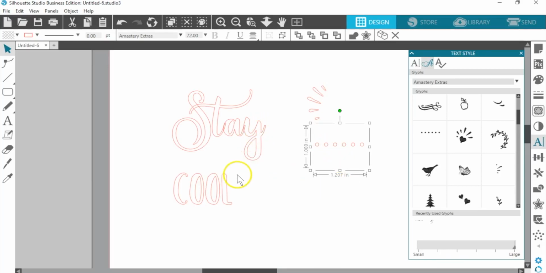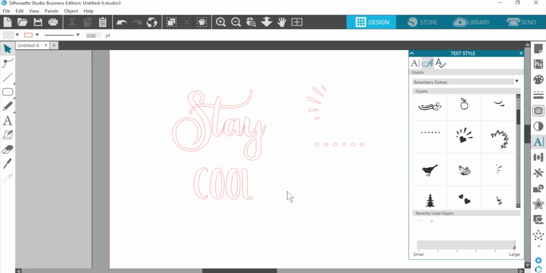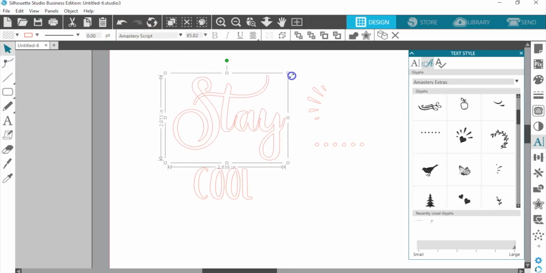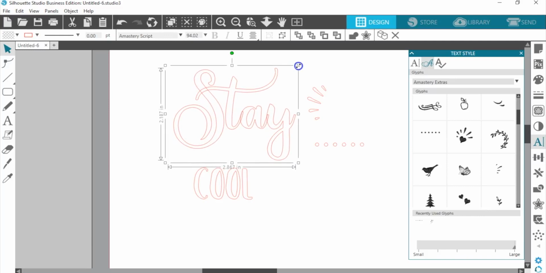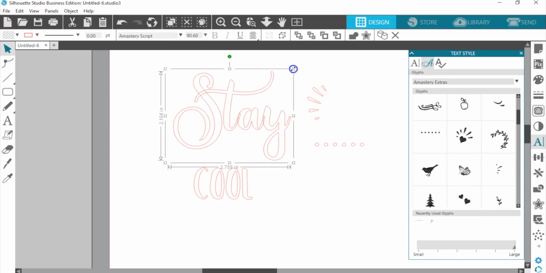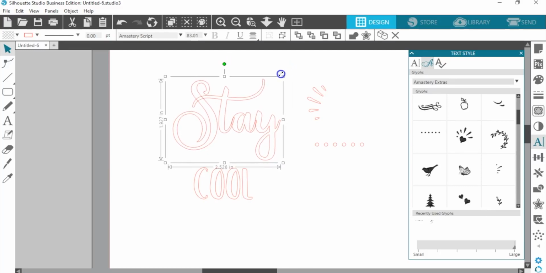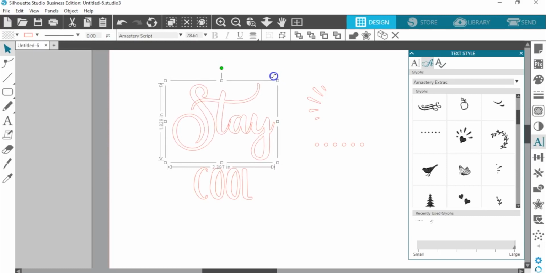So now I have all my elements here for the cup I'm going to create. And so I'm just going to color and resize them. So this stay, I want to be 2.3 inches wide. And I want it to be colored dark pink.